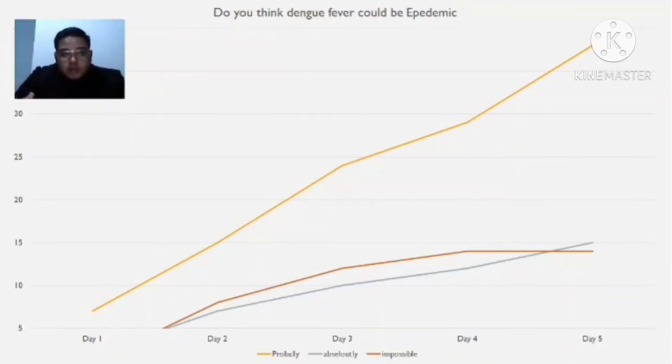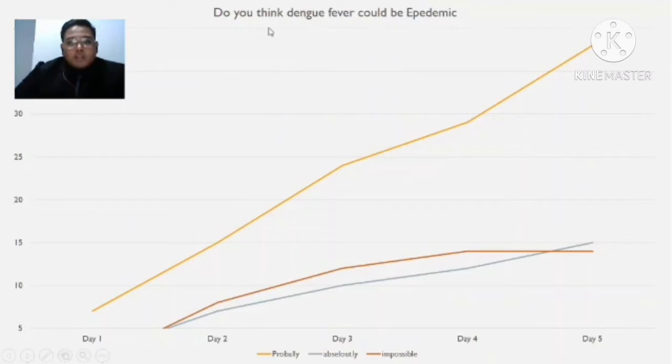So I know I'm using the line graph wrong, because most of the time a line graph is used for business or marketing purposes, so that's a bit wrong right there, but I'm trying my best to explain to you guys using this line graph.